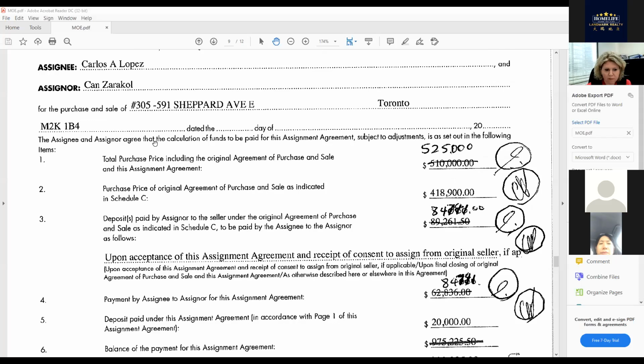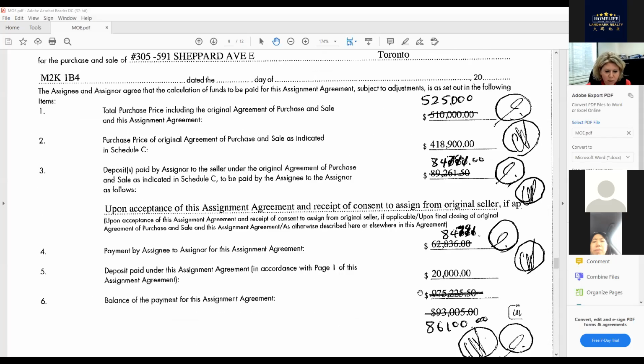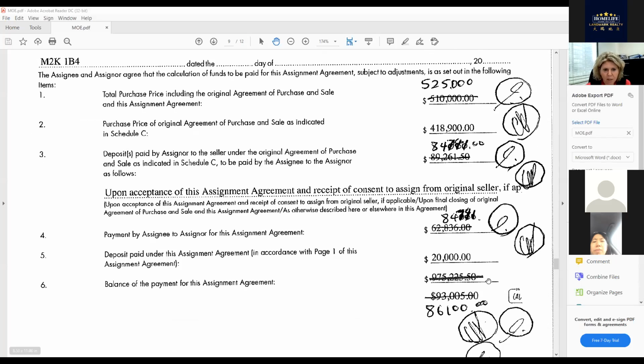and I can see the wonderful Schedule B. This is my wonderful Schedule B. Here I put the total purchase price, original plus assignment. Here the original price. Here the deposit paid by the assignor to the seller. Here the total payment by the assignee to the assignor, which is made up of the deposit plus assignment fee. Here whatever the deposit is, and the balance. So I'm going back